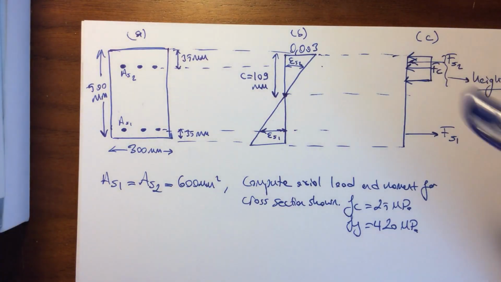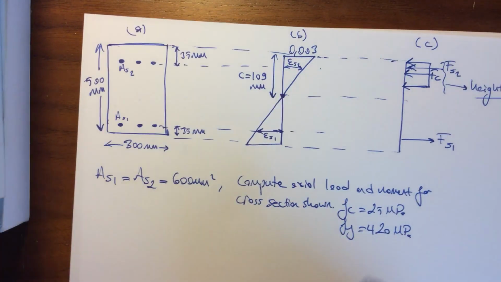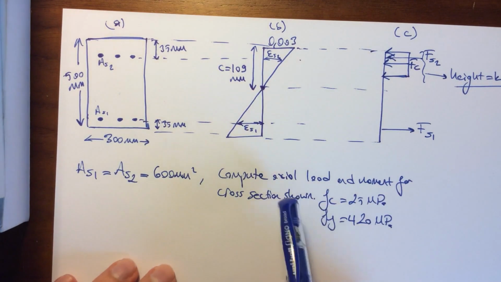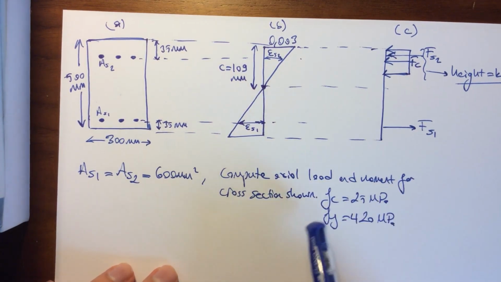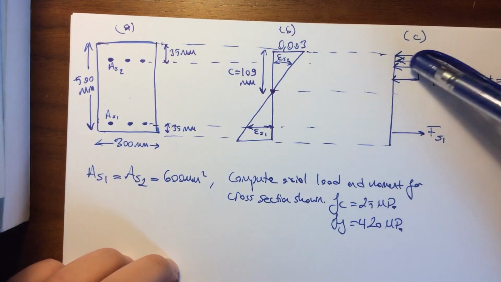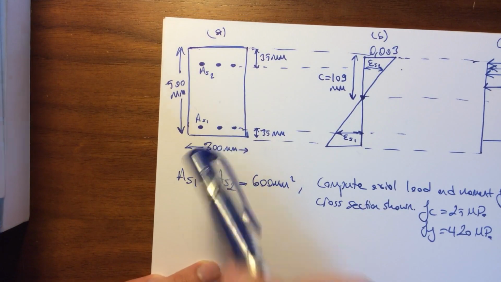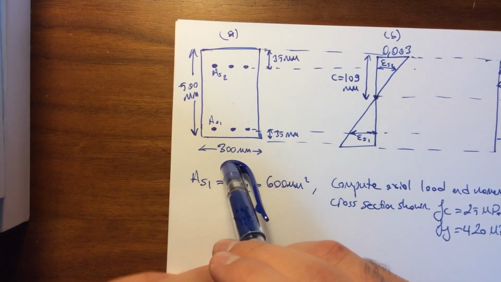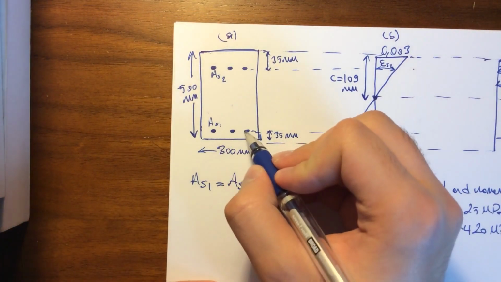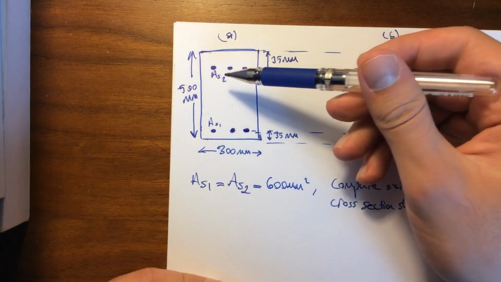Hello everyone. In this question, we are given a cross-section and we are asked to calculate the axial load and moment for the cross-section shown above. So we have three different drawings. The first one, part A, is showing the cross-section where there are two sets of longitudinal steel, AS1 and AS2,